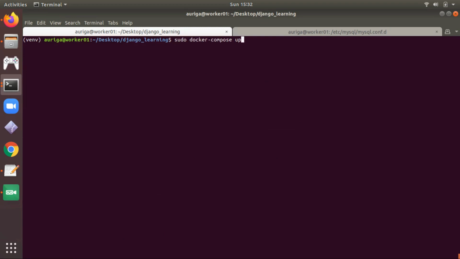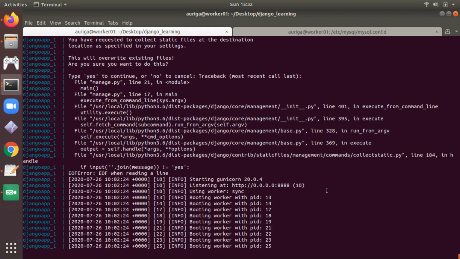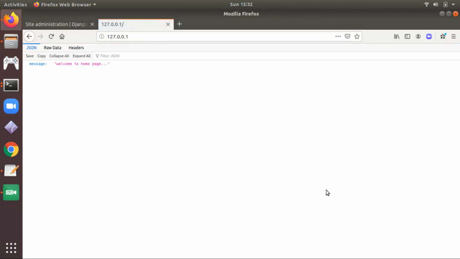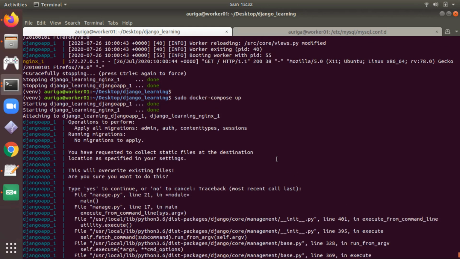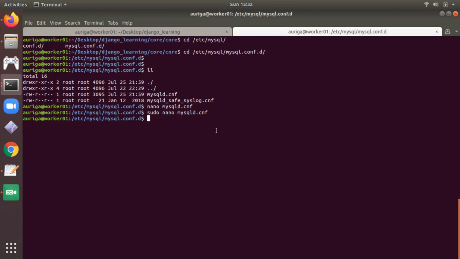And if you run docker-compose up, somehow it's working, but if you get a MySQL connection error, then you can also, just a minute, let me restart my MySQL also. sudo service restart.